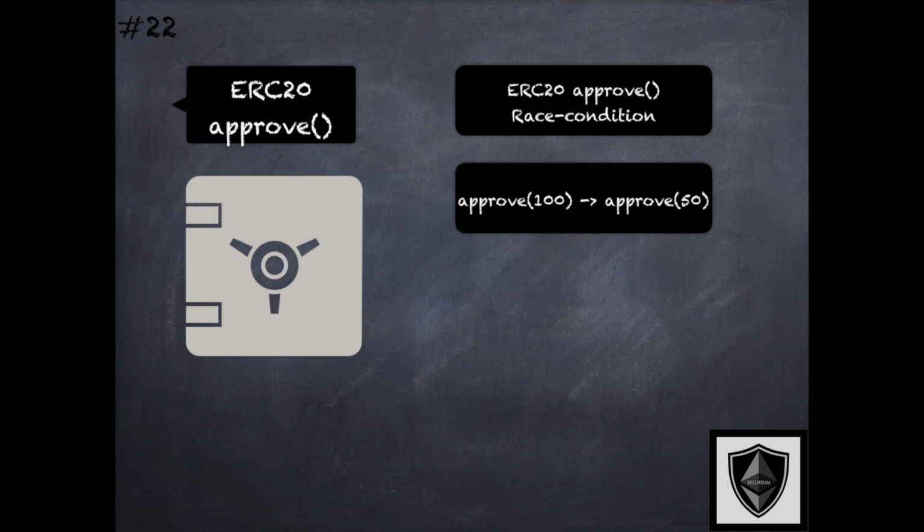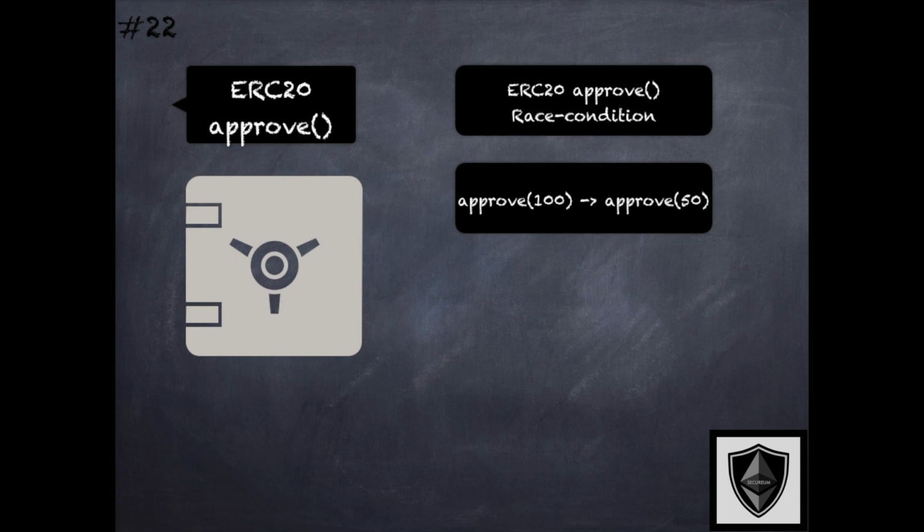Let's say that I am the owner of a certain number of tokens of an ERC20 contract, and I want to approve a particular spender with 100 tokens of allowance. So I go ahead and do that with an approve 100 transaction, and later I change my mind and I want to reduce the allowance of the spender from 100 to 50. So I submit a second approve 50 transaction, and if that spender happens to be malicious or untrustworthy and monitors